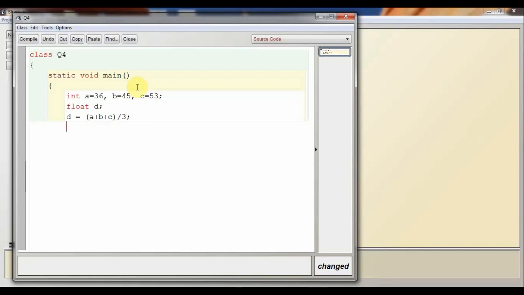Now we will print the sum of the given numbers. So system dot out dot println. Here I want to print sum. Here I am printing the sum a plus b plus c.